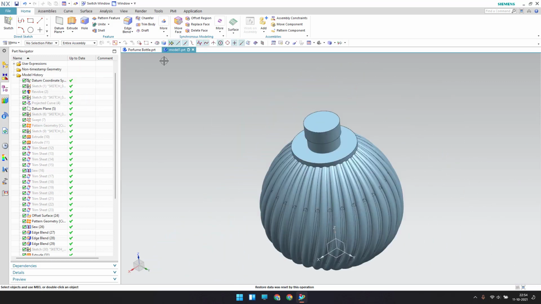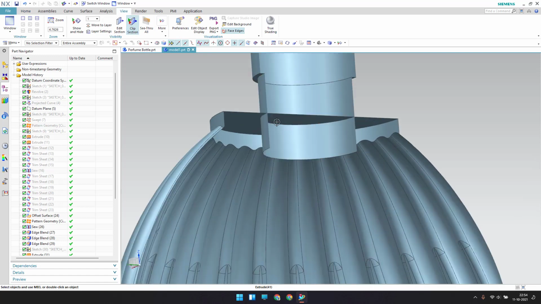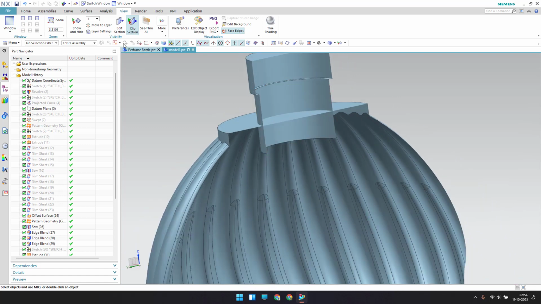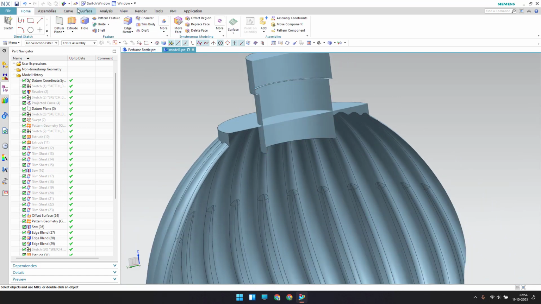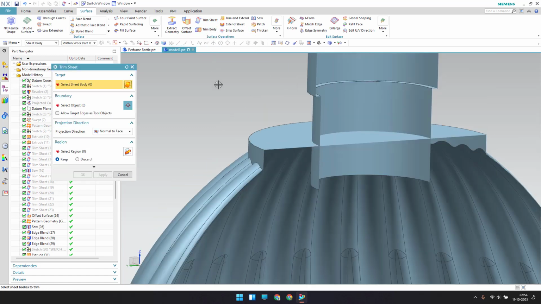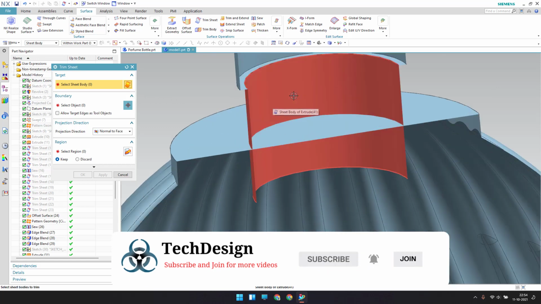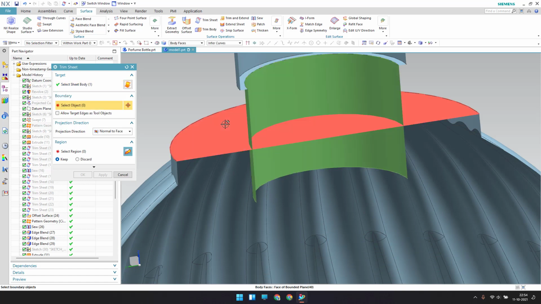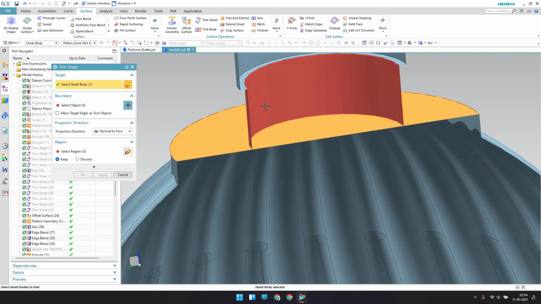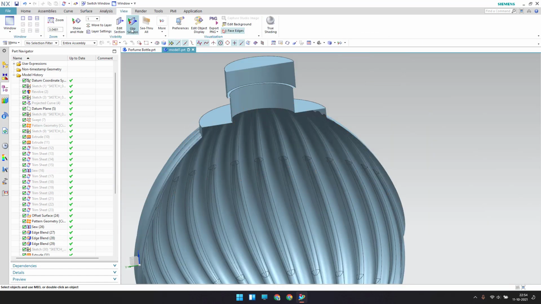So now if you go to clip section, whatever the trim we need to trim these extra sheets, so what I will do is I'll just go to surface now and trim sheet. Trim sheet is a very important command guys in surface modeling, so you always need to learn that properly, otherwise we will end up with a lot of confusions. So I'm going to select this and it should be kept, apply this, and I'm going to remove this by using this and it should be discarded. Click apply. Okay, so now let me remove this clip section.